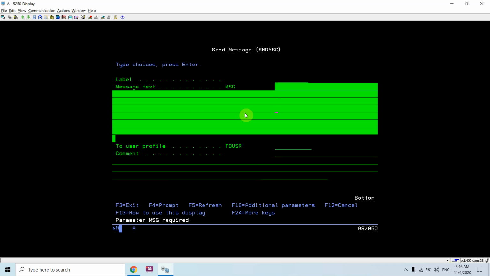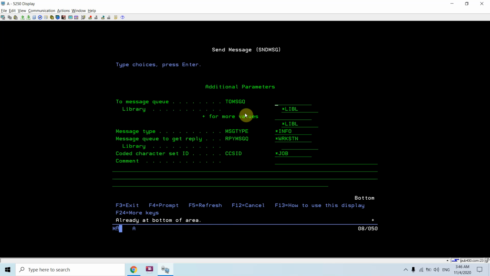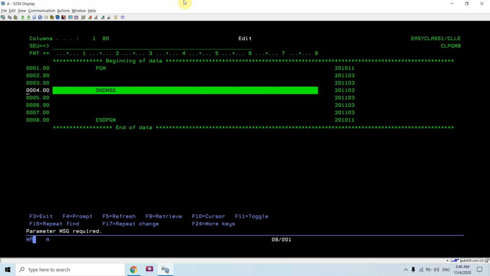If I press F10, I would see more parameters to it, but I'm not using that. I'm simply using the send message command